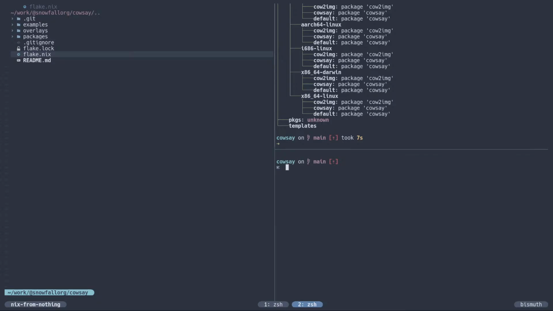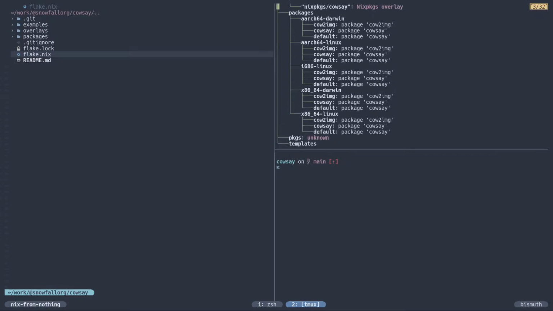Let's see. So we talked about, nope, I want tmux mode. There we go. So we talked about